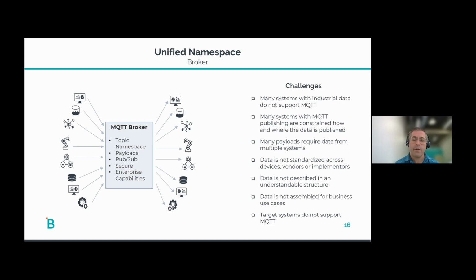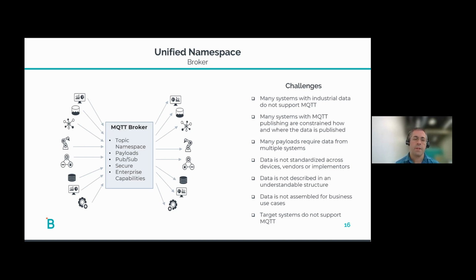We also need to standardize the data. A lot of times, data from different machinery or different sensors or different systems structures the data differently. It describes it differently. It may look very common for a human looking at it, but if you're programming against it, it becomes very hard. So if you're trying to run analytics or dashboards against it, you want it to be identical. You want the name to be identical in the name value pairs.